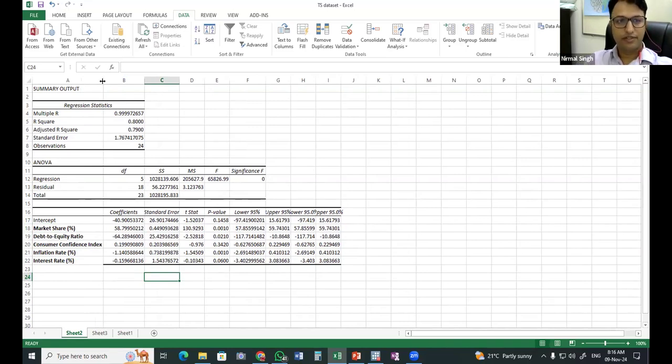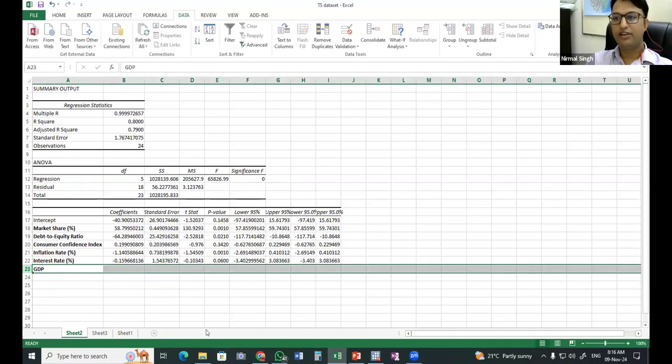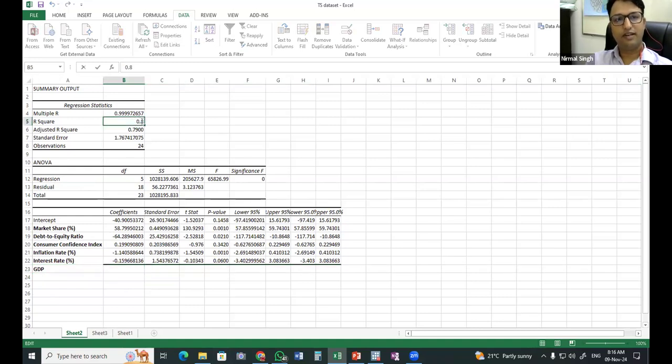Say for example, here I have introduced interest rate, and I'm introducing GDP here. So GDP of the country is also going to impact the valuation directly or indirectly. So if I introduce this one and this R square value gets to be 85, that means by introducing this variable, the explanatory power of the model is increasing. How much variation in the valuation is being explained by the model is increasing. So that is a good thing in the model. This is how we can interpret this.